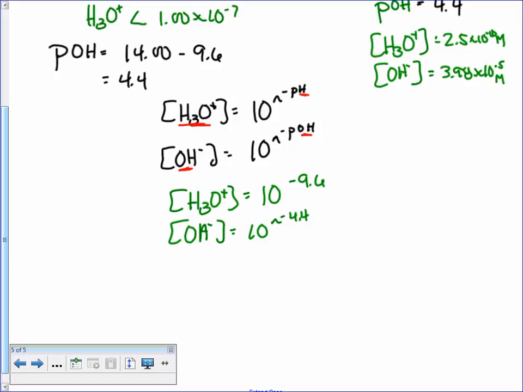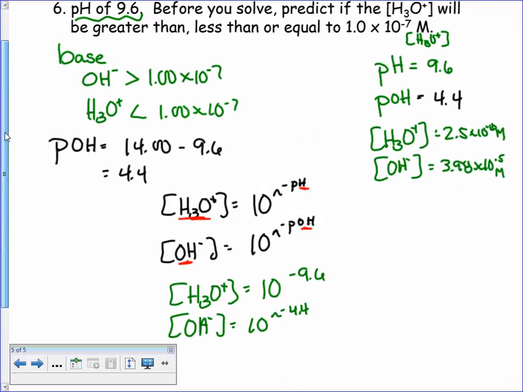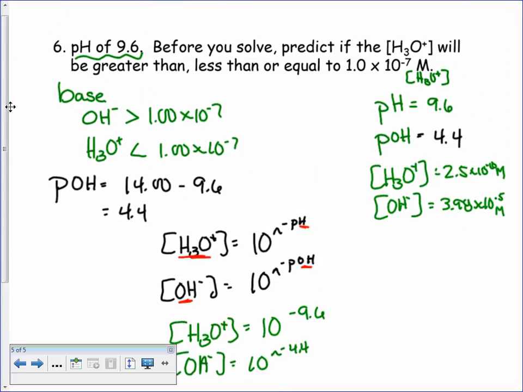Let's go back and check our prediction. It asks us to predict whether the hydronium concentration would be greater than that of water or less, and we predicted less. And if we look, our hydronium concentration is 10 to the negative 10, so that indeed is less than 10 to the negative 7. Okay, students of chemistry, that is pH calculations in a nutshell. At the bottom of your paper, you will find some practice that I expect you to do, and I will leave the solutions